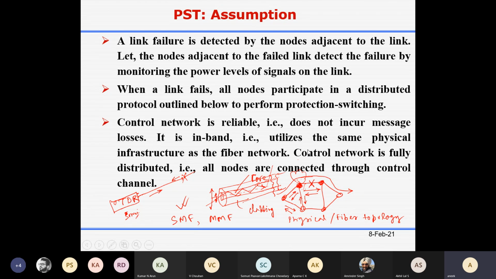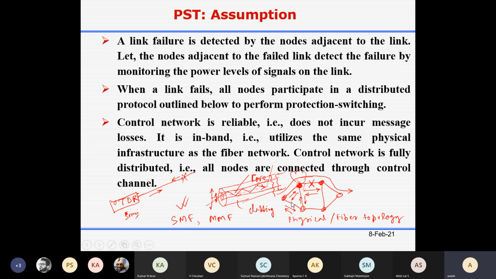Hello, sir. Is there any dedicated wavelength for transmitting this control information? There is a dedicated wavelength they use, a dedicated light path, just used to send the control messages. Data messages are transmitted through one wavelength and control messages are transmitted on a different wavelength, and it is fixed.